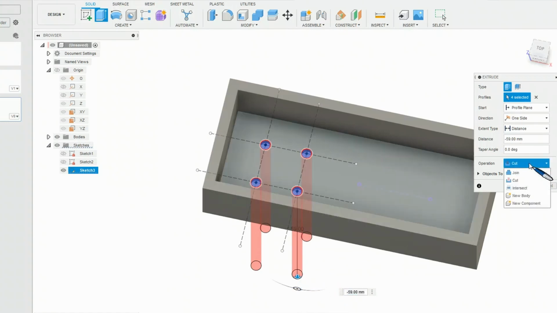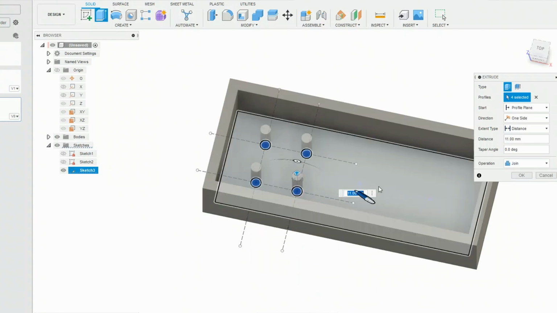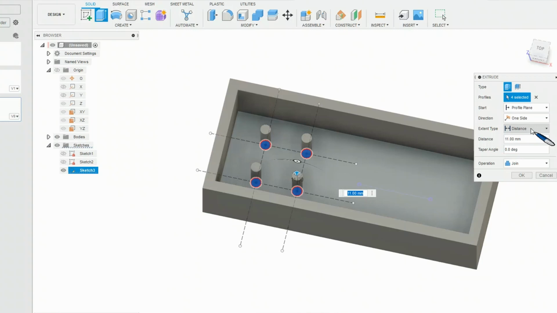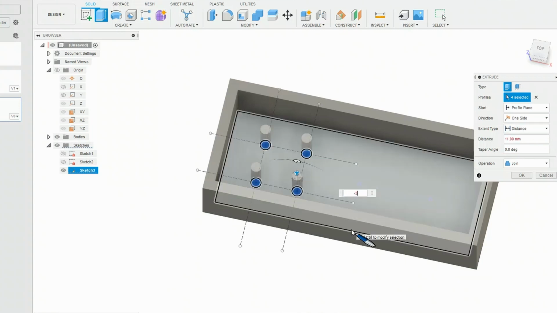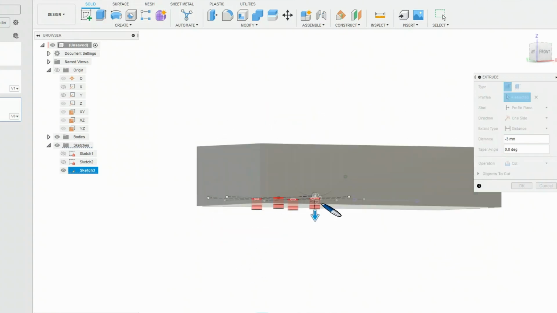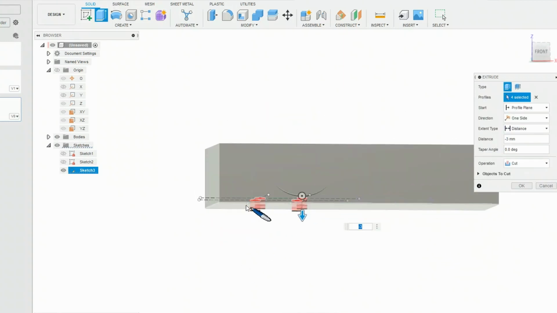But you can also, from this list where we previously had new body, we used join last time, I just didn't show it, but we've got cut and join are the two majors we'll be using for the rest of this. So a cut will cut a hole, whereas if it came up, you'll see it's changed to a join and it will create pillars. We want it to be a cut, and we can specify the distance. So we could say that it needs to be -3 millimeters, so -3, and that will take it just to the bottom there. Well, I changed that to 2 before,